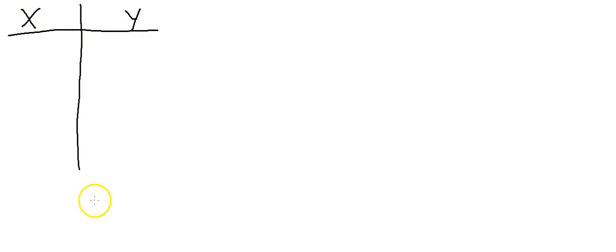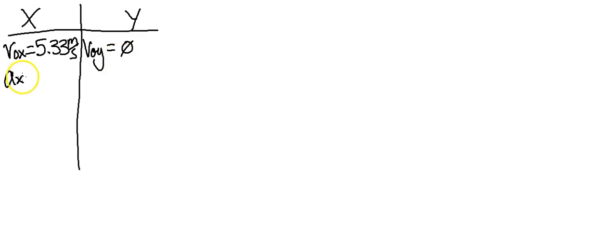So in the previous problem, we figured out the x velocity that it left the table with. So the initial x is 5.33 meters per second. The initial y, because it's a horizontally launched projectile, is 0. That's what happens. Acceleration in the x direction is 0. Acceleration in the y is gravity, which is -10. And then if we keep going with information that we know, we, at this point, don't really know anything from